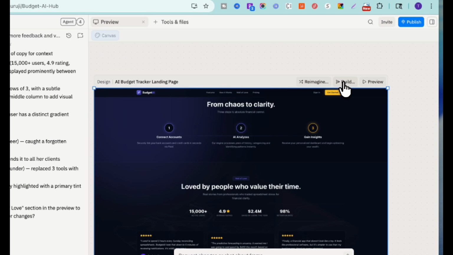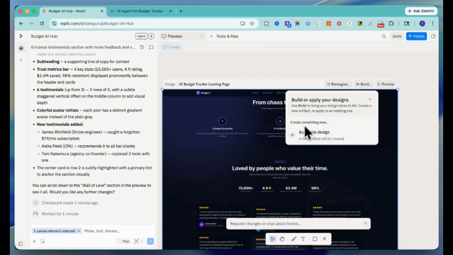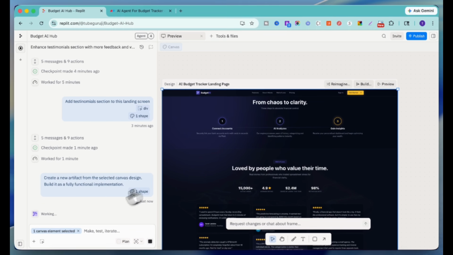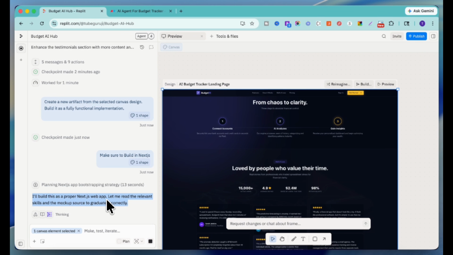So just click on this build option, and here you can build this design option. Click, because you already have this option called build this design, and it will create a new artifact. So just click on that, and if you see, it starts building this complete landing screen. Now if you see, it's saying that it started building in a Next.js web application and is gathering all the